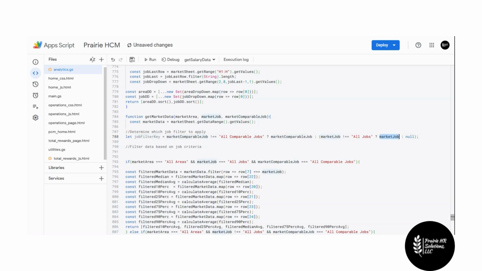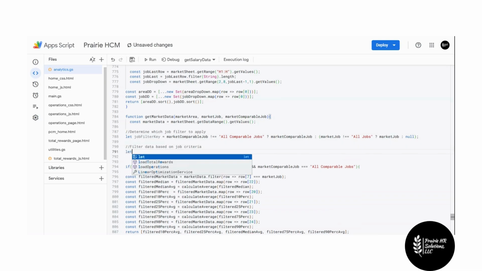It's the job criteria, job criteria, job criteria. Alrighty, so let's create another variable here. We'll call this filteredData. And for this filteredData, we're going to use the same little shorthand here. We're going to take this jobFilterKey, and we're going to do our little question mark here because we want it to run something. We're going to do our market